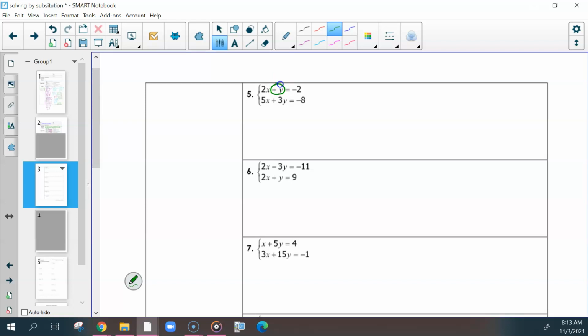Whichever variable in whichever equation is by itself, with either positive 1 or negative 1 as a coefficient, that would be the one to solve for. Not that you couldn't solve for anything else, you definitely could, you'll just end up with fractions and have to be careful with that. So for this one, if I solve this one for y,